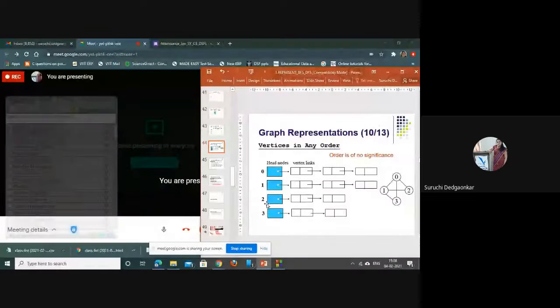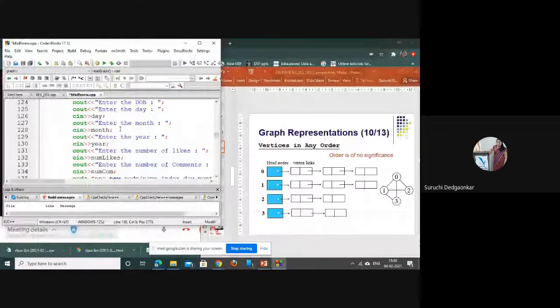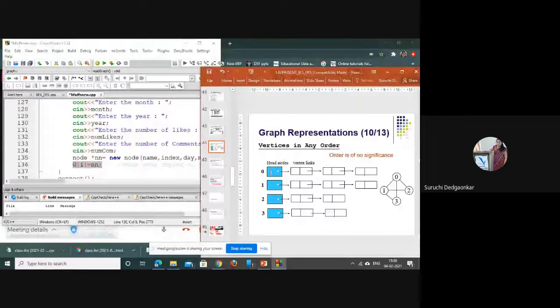For this particular example, when we have created this g of i equal to nn, that means these blue color headers will be initialized with this. Are you getting it? This is step 1, where for all the users, the headers of the respective linked lists are initialized.